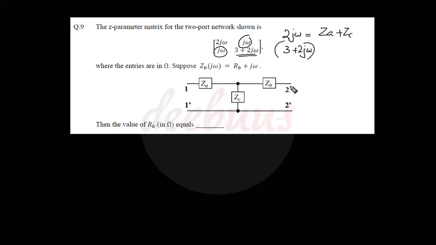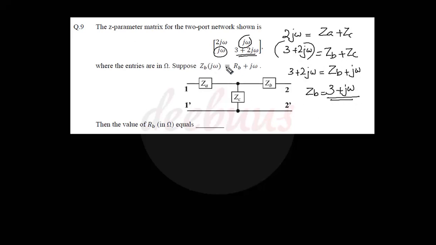Z22 is the impedance of all the elements in the second loop, right? So Z22 equal to ZB plus ZC. But ZC is j omega. So 3 plus 2j omega equal to ZB plus j omega, or ZB equal to 3 plus j omega,